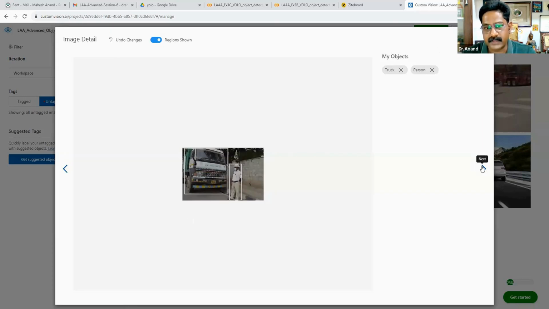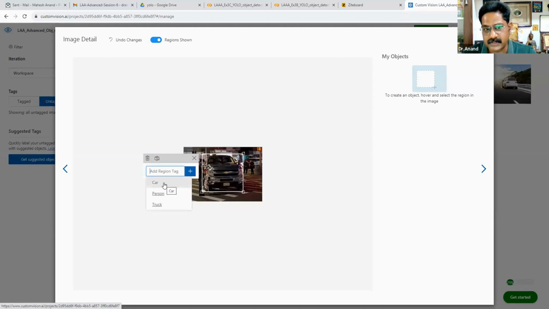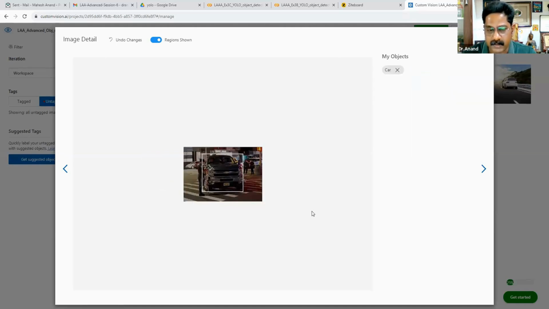Okay, go to the next picture. Maybe this looks like an SUV, but let us assume that I'll consider both SUV and the normal hatchback as one single category, a car. So this is a person, and this is also a person. This is also a person,